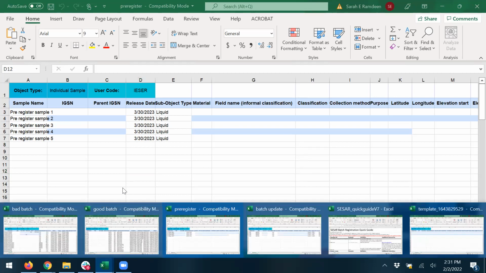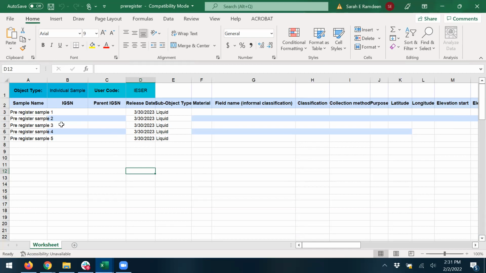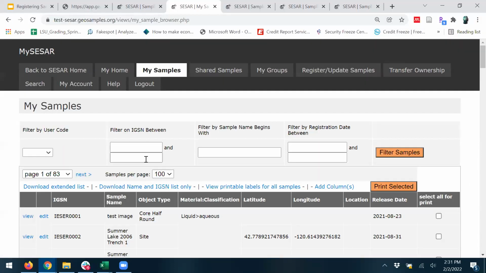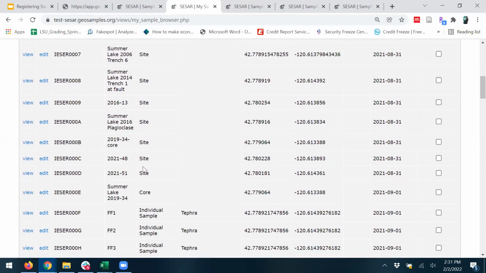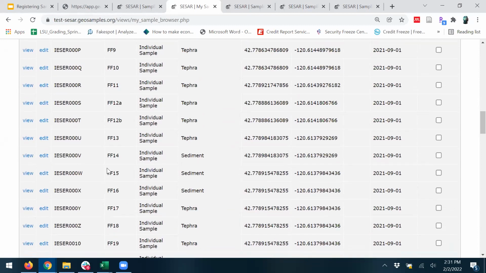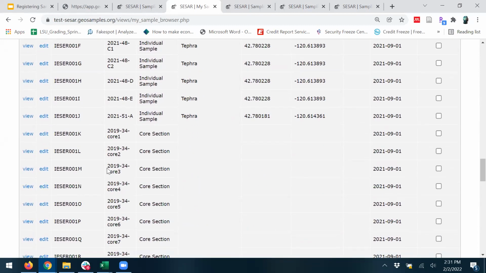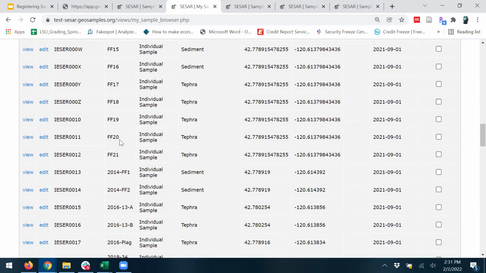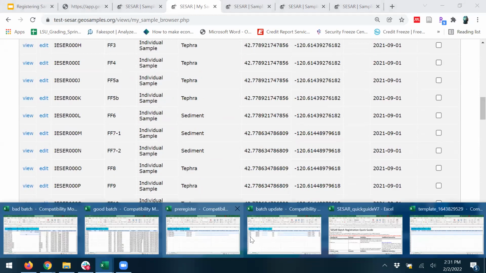Okay. So in this case, just to show you here, when I registered these samples, we could go through that, but I won't be able to show you the curator side of things. But I did already register previously. Where did they go? I registered some test samples that are in here,